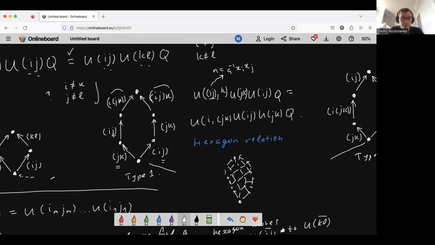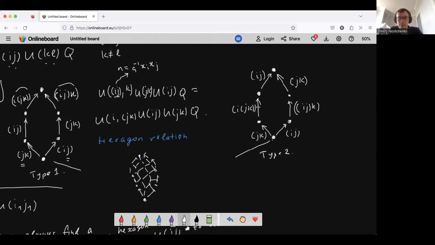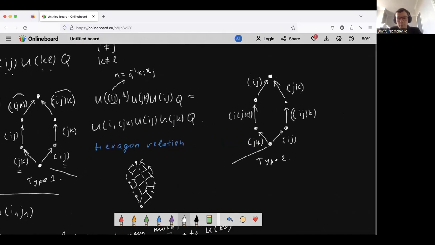Yeah, but j still applies here and here. So therefore, if you remove j, we cannot undo these unlinkings that we had on the top, and we are only left with this triple of quivers here on the top. And for type 2, this does not quite apply because here we permuted unlinkings